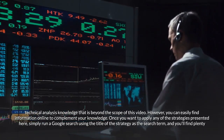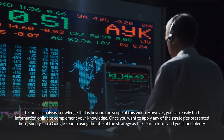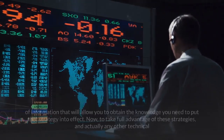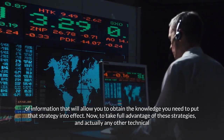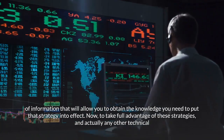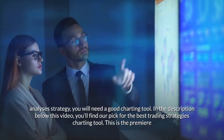Once you want to apply any of the strategies presented here, simply run a Google search using the title of the strategy as the search term, and you'll find plenty of information that will allow you to obtain the knowledge you need to put that strategy into effect. Now, to take full advantage of these strategies, and actually any other technical analysis strategy, you will need a good